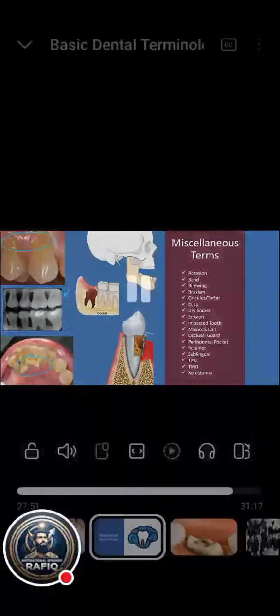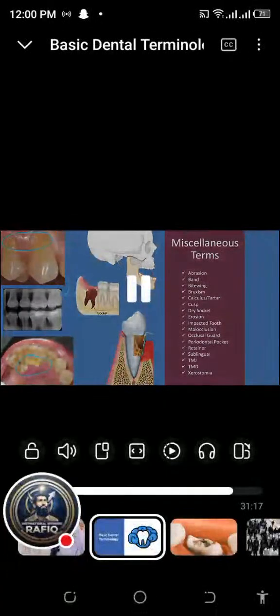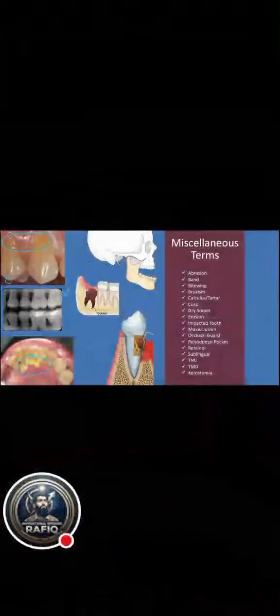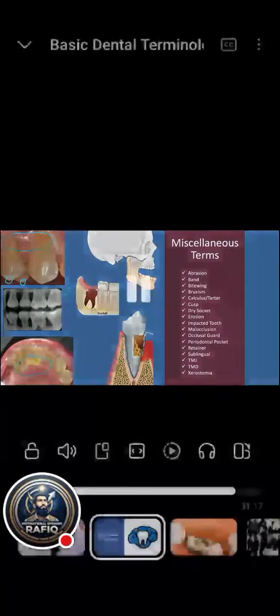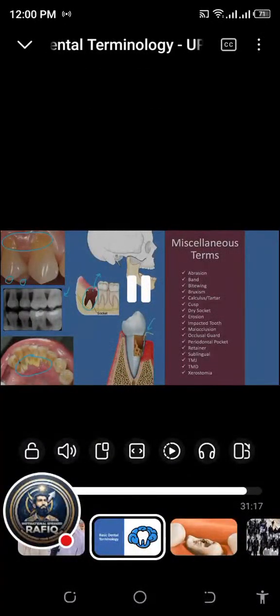A cusp is one of the pointed parts on the top of a tooth. A premolar can also be called a bicuspid because it has two cusp tips. Dry socket refers to this phenomenon of pain and inflammation in a tooth socket after the tooth is removed. A retainer